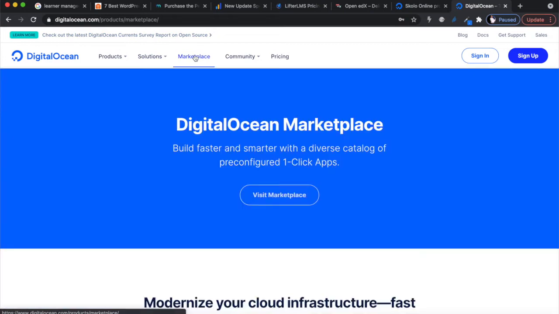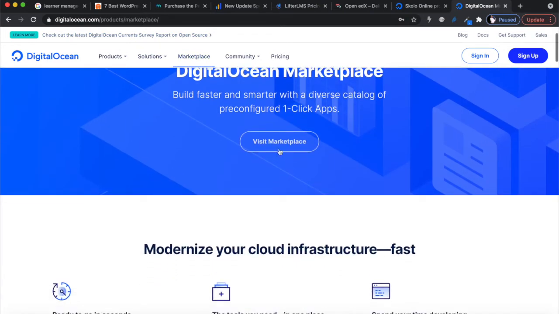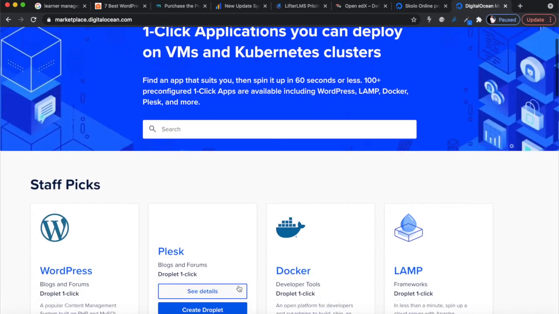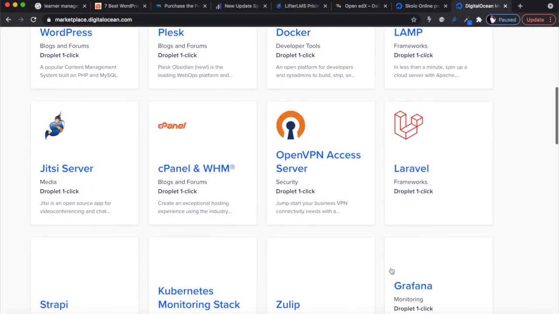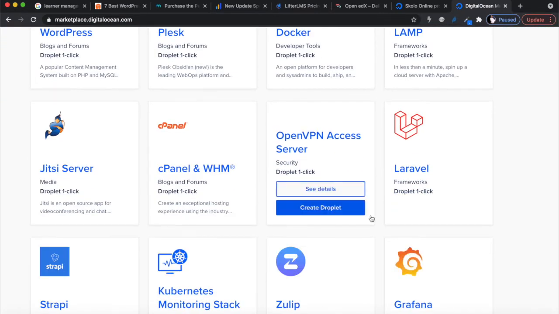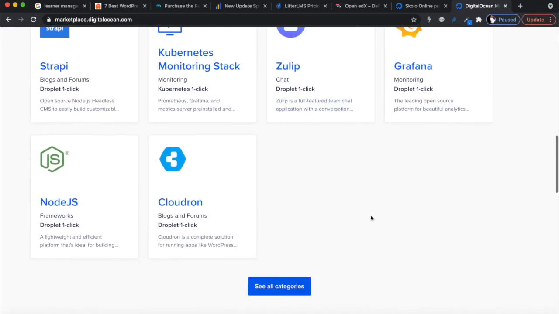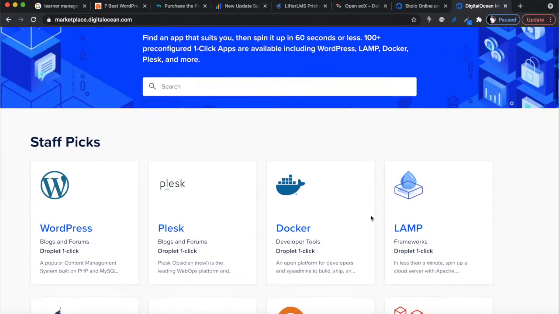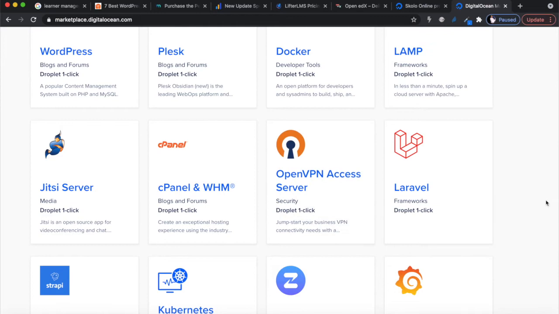If you go to the DigitalOcean marketplace, you can see the software and tools they've got, and you can install a couple of things. One of the things you can get off their marketplace is a learner management system,